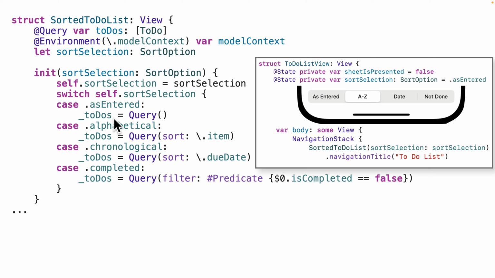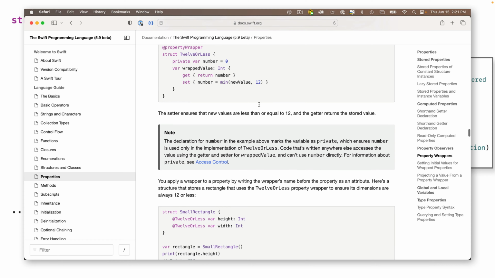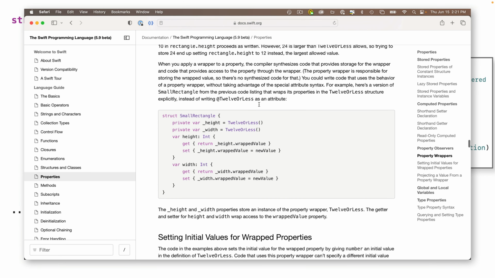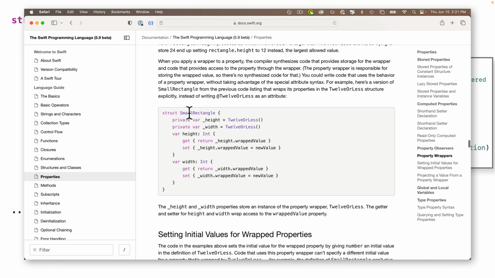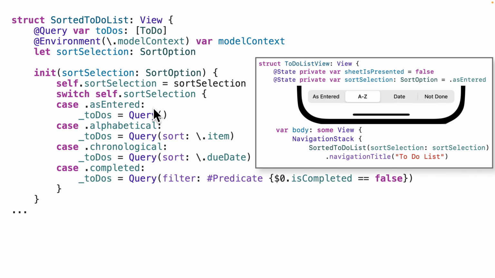And if you want to dive deeper into more advanced Swift, there's a discussion of property wrappers and how they work in the section of the Swift language guide at swift.org, but frankly, at this stage in our course, going into how this works probably isn't necessary. Just know that you can use the underscore value to initialize our property wrappers as part of the view's init